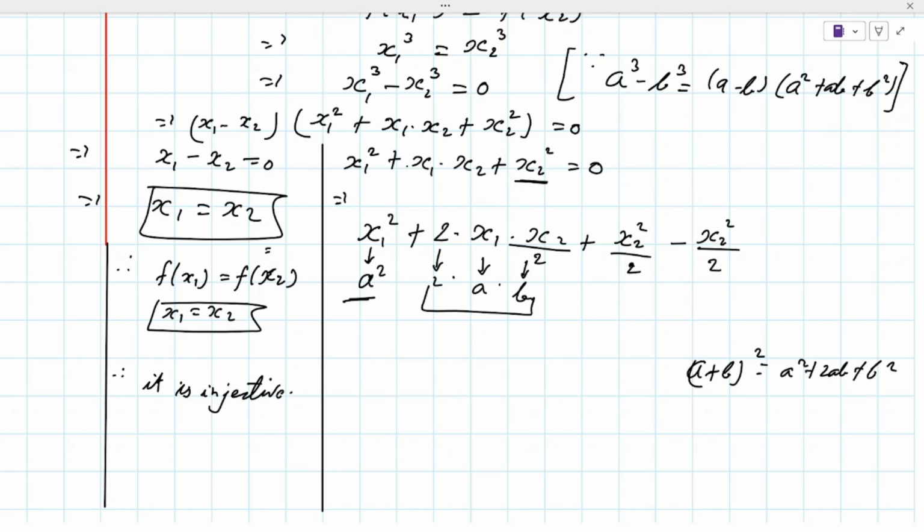You want to understand why I am doing it like this? No, sir, it's coming out as 0, not x2 square. Listen, I have to change it in the form of a plus b whole square, right? First, listen to what I am saying. First, let me solve it. After that, if there is any doubt, then tell me. Okay? So first, let me solve it.